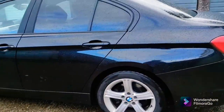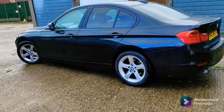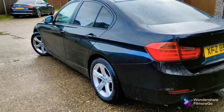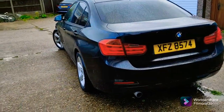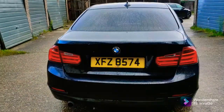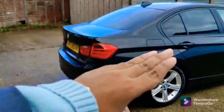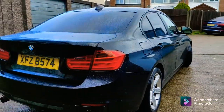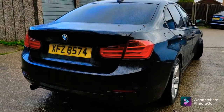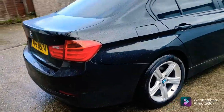You look at the side profile, looks lovely. I think this is the best colour combo. You've got the black with a cream leather interior. Looks fantastic, doesn't it? All the proportions are right. And I just love how the wheel arch goes out like that at the back, just to give it that look. I think from the rear here it looks the best, doesn't it? So yeah, it's a lovely looking car. Let's look at the